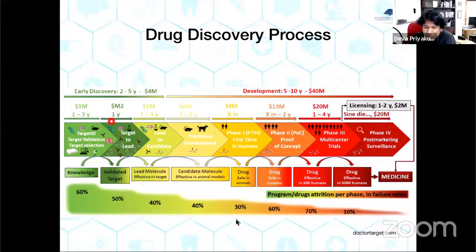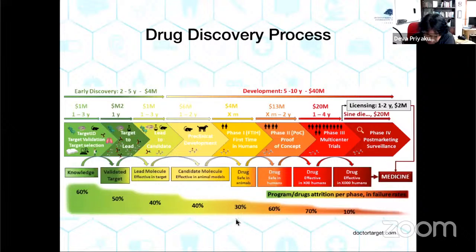Okay, so the idea is very simple. Once you have a disease, what you want at the end is a drug that can be used to treat the patients with that particular disease. That's basically the cycle, right? So it involves understanding of the disease, and it's a long process. It takes a lot of time, and then it takes a lot of money and all those things, right? So I'm sure somebody must have mentioned.